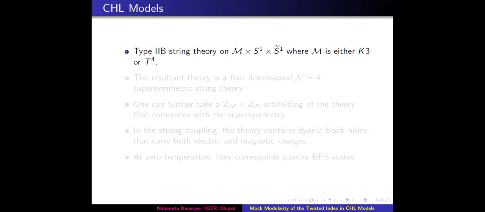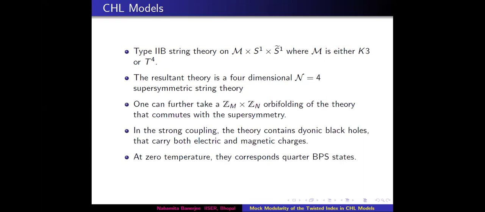So what are CHL models? There are many different ways to look at them. The one that I'll be talking about in today's talk is mostly type IIB string theory when compactified on this particular 6-dimensional manifold, M times S1 times S1, where M is some 4-dimensional manifold, which can be either K3 or T4. Such systems are very exotic, and the resultant theory is basically a 4-dimensional N=4